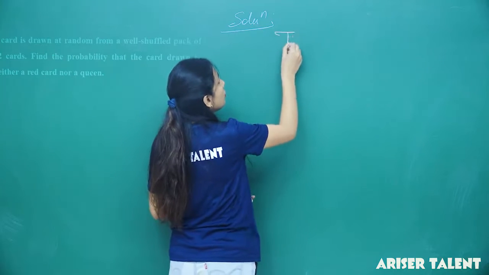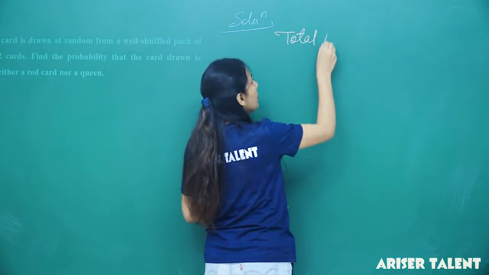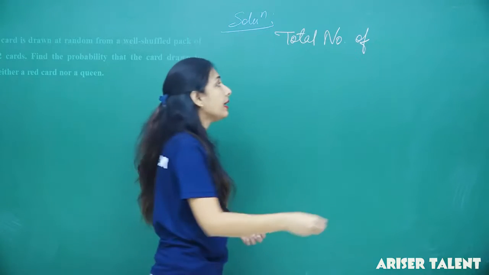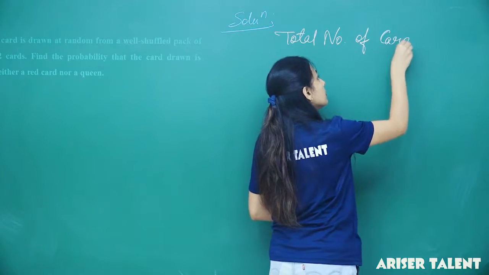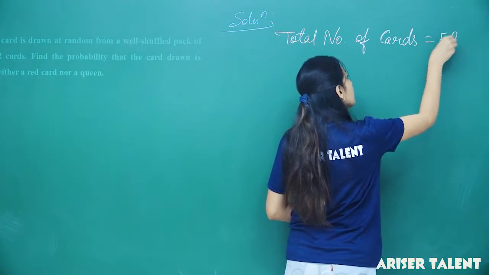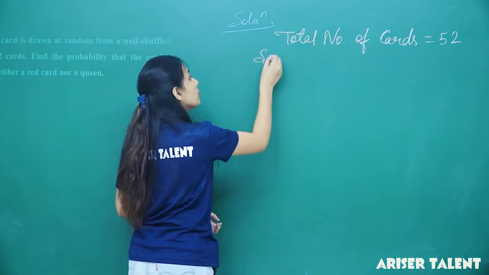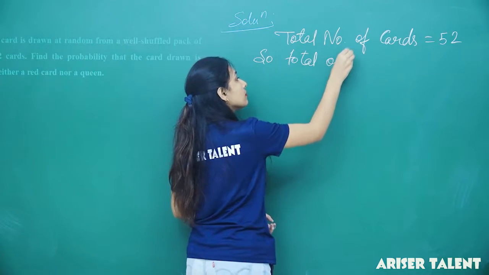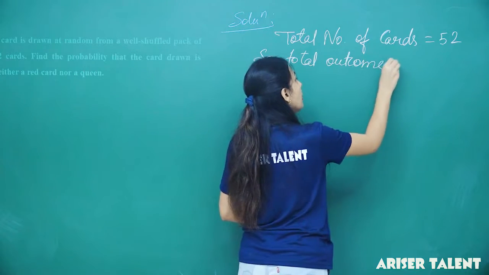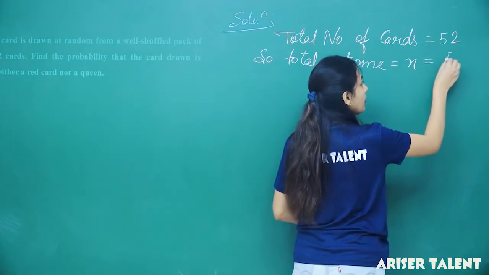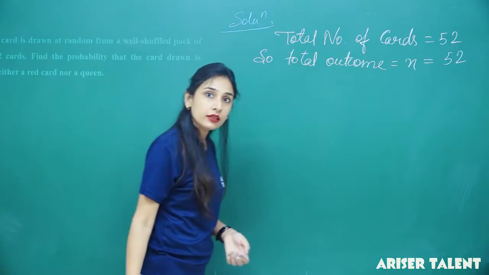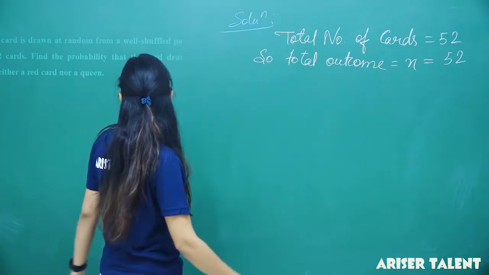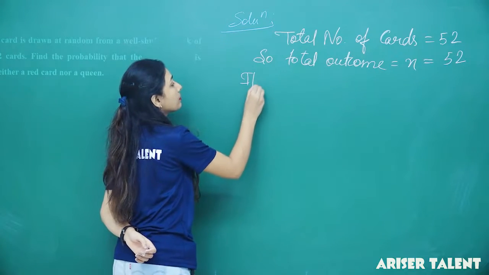Now, here the total number of cards is equal to 52. So the total outcome is n equals 52, isn't it? Okay. Now, what the question is saying is that if